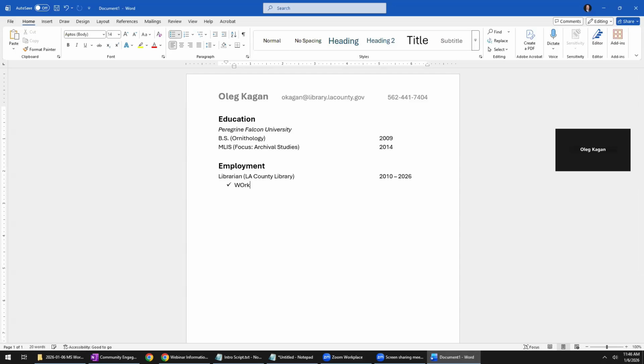Work on the reference desk, press enter, it automatically inserts another bullet. Purchased books. And let's say, I don't know,